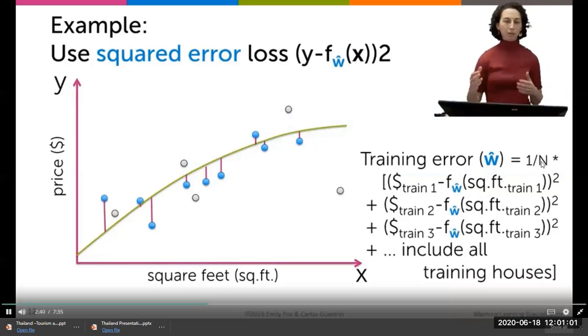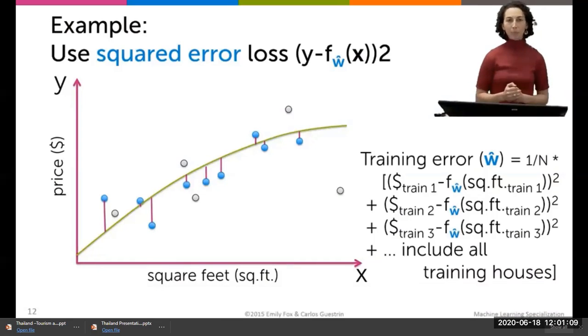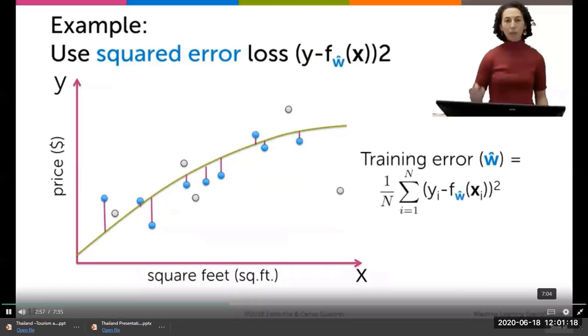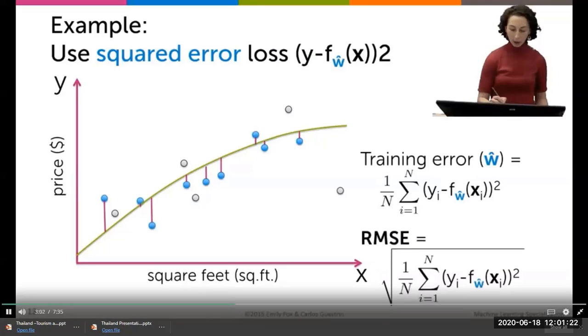And I want to note here that there's some difference in convention that people use, whether there's the 1 over n as the definition of training error or not. So just be aware of that when you're computing training error and reporting these numbers. Here we're defining it as the average loss. More formally, we can write our training error as follows, and then we can define something that's commonly referred to